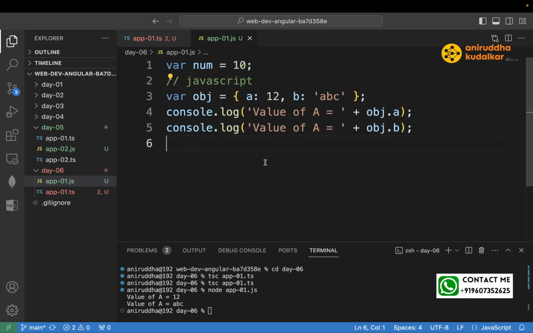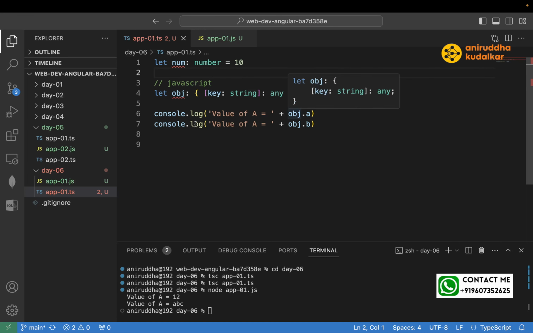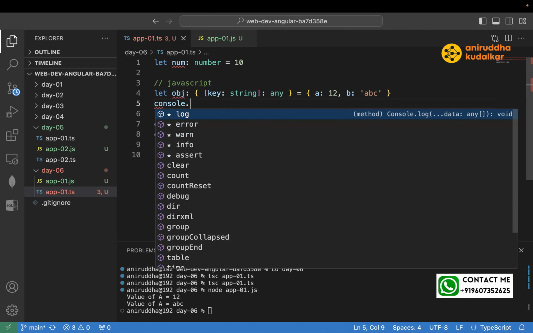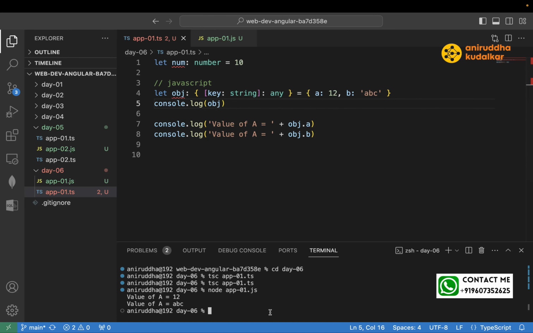That's why the program will execute like this. Yesterday you directly printed with console.log, directly obj. So in that case, there is no need to write A and B. Now if you see obj, if I print like this,